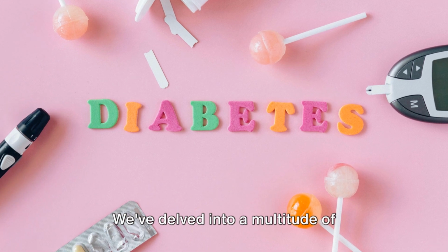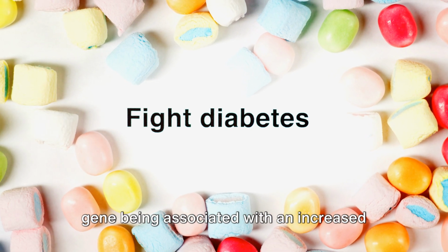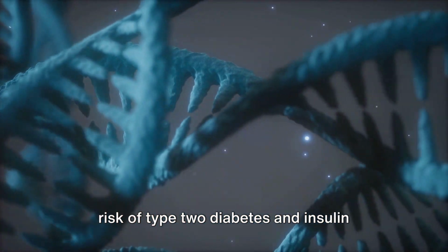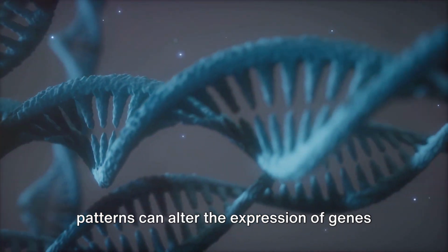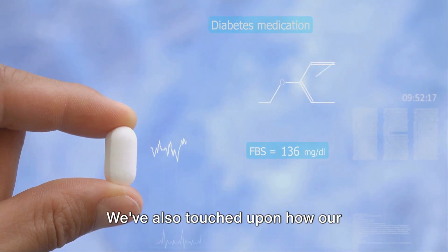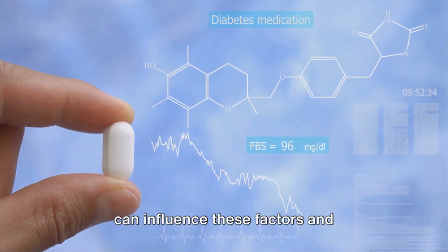We've delved into a multitude of examples, from variations in the TCF7L2 gene being associated with an increased risk of type 2 diabetes and insulin resistance, to how DNA methylation patterns can alter the expression of genes involved in insulin signaling. We've also touched upon how our environment, from diet to stress levels, can influence these factors and potentially be